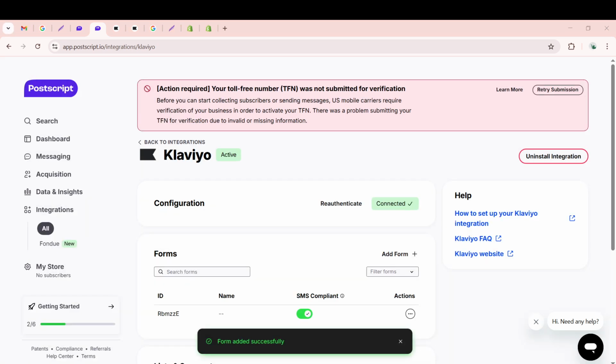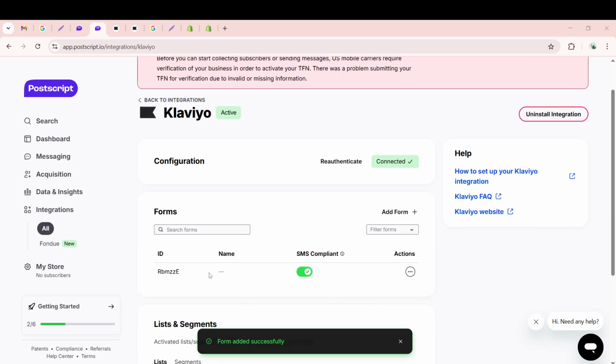Once you do, your Klaviyo pop-up will be linked to Postscript, and you can start enjoying the benefits of this seamless integration. And there you have it. In just a few simple steps, you've successfully connected your